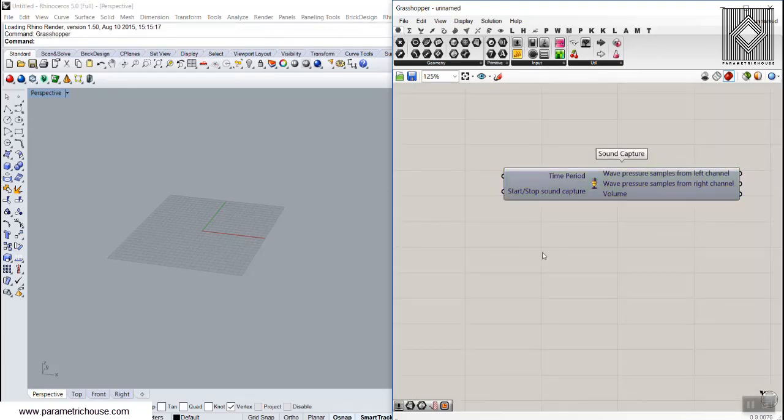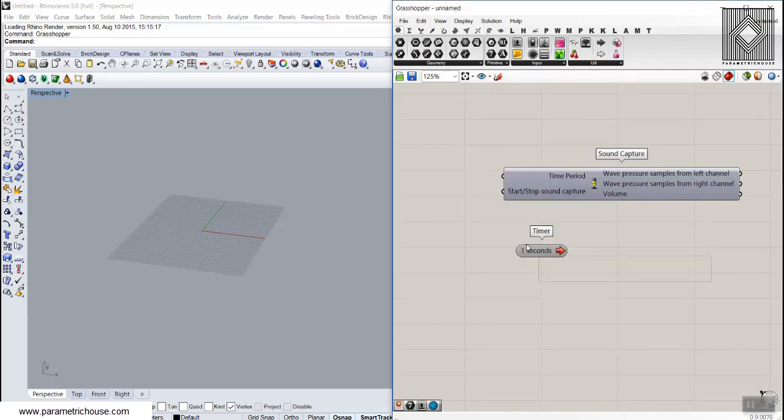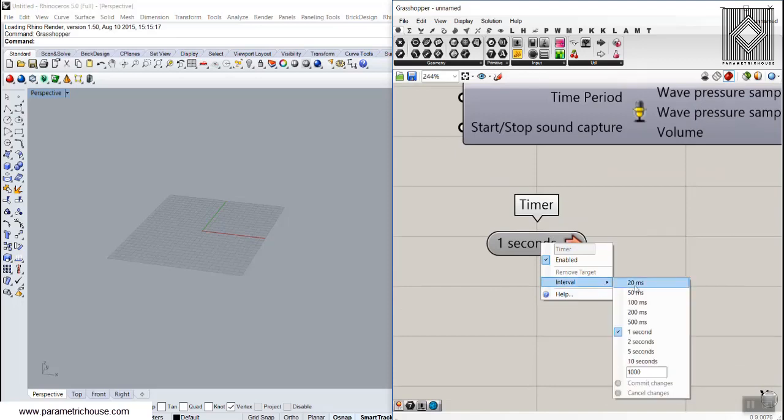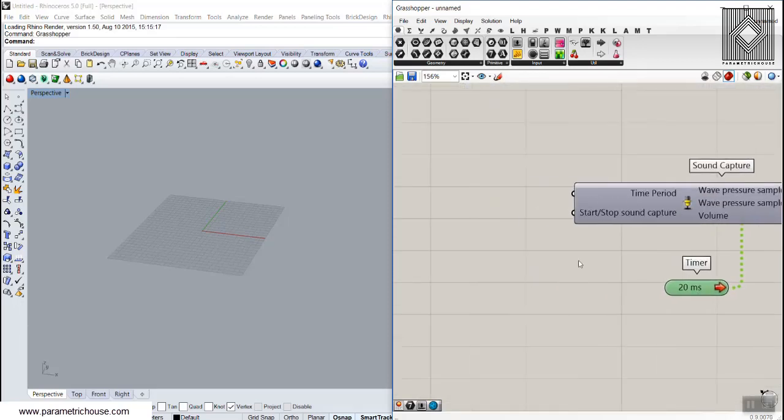So here we use a timer now, exactly like the last tutorial, and I'm going to give this 20 milliseconds, connect this to the sound capture. So this will be 0.02 seconds.